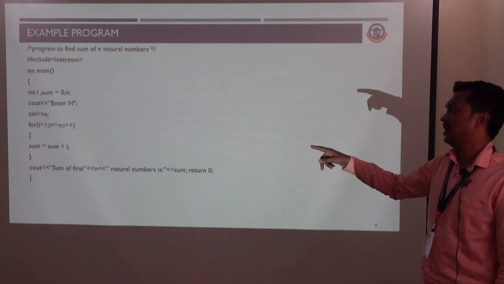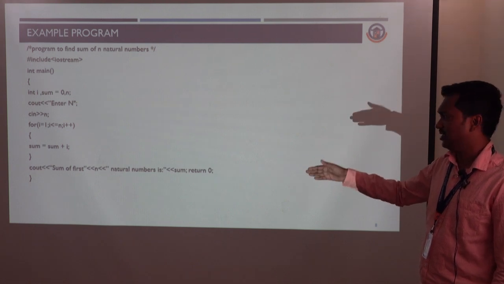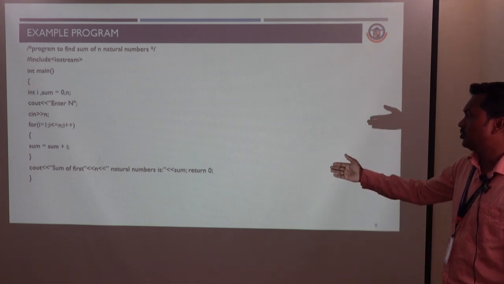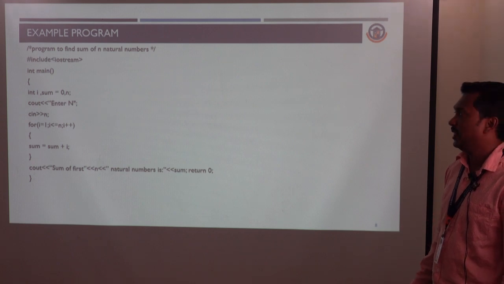Then after that we compute the value sum equal to sum plus i. Then we just print the value of sum. By using the cout we just print the value for the sum. Next,